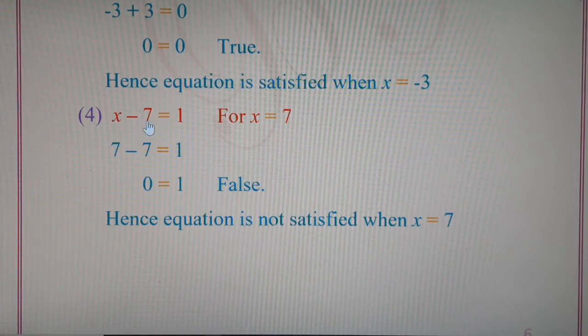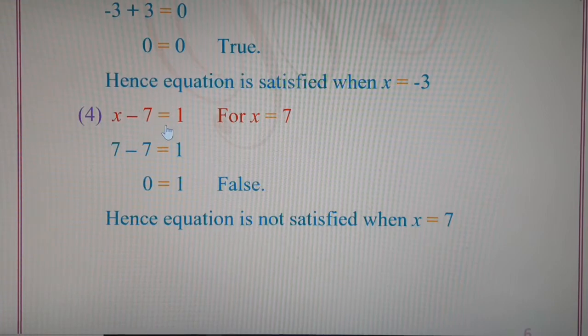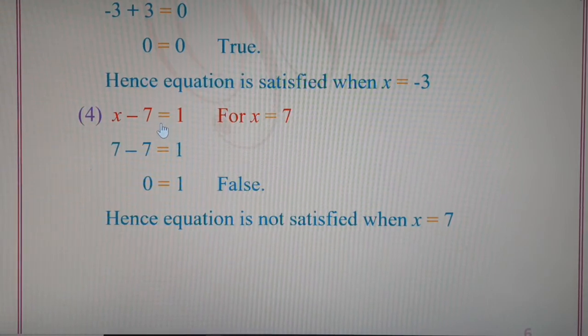And when there is an expression on the left hand side and an expression on the right hand side and an equal to sign in between, then we say it is an equality. But if greater than, less than, or smaller than symbols are given in between the two expressions, then we cannot say it is an equation. Please remember this. Only if the equal to sign is there, then we can say it is an equation. Otherwise, it is not an equality, it is not an equation.